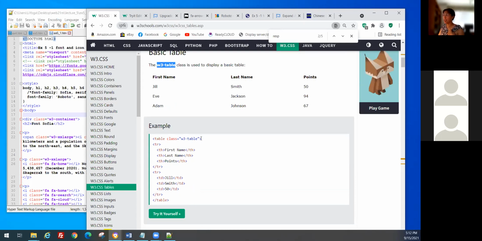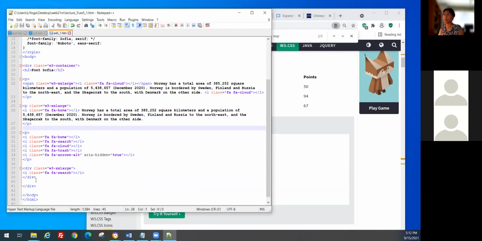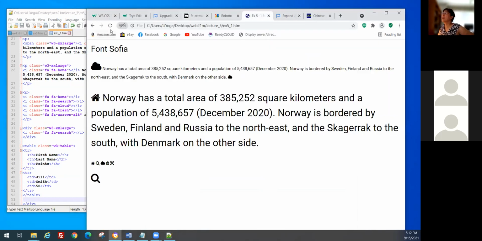So the definition is exactly the same as we have before. Table, row, and you put a TH or TD, it really is the same. Copy here. It's just that people have a preference, they want the header. You see here's table. Yes, the difference, if you put a TH,